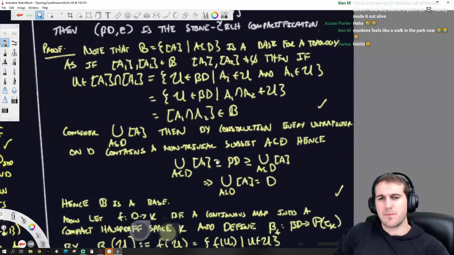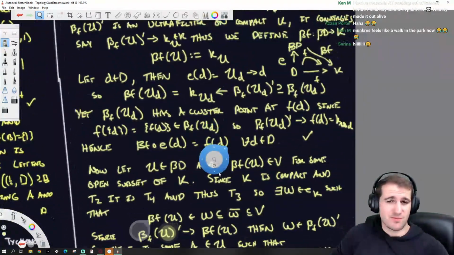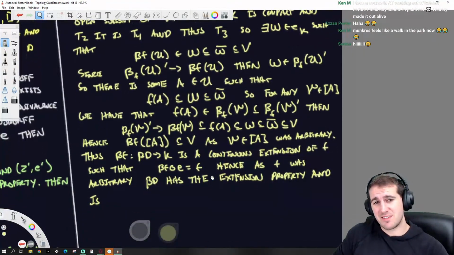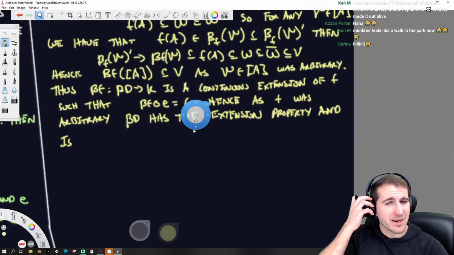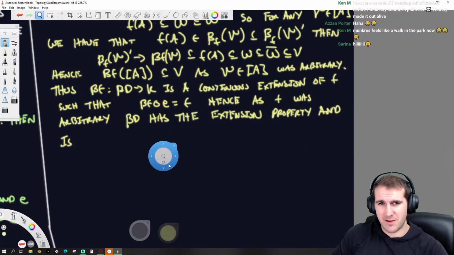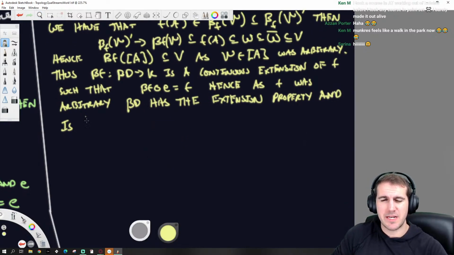So at least, okay, I'm going to call it the Stone-Čech compactification, and I'm going to move on because that's not what I need to focus on right now. But there's a big question of why is this thing compact? So this is a continuous extension of F such that this blah blah blah, and hence arbitrary. So beta D has the extension property and is the Stone-Čech compactification.